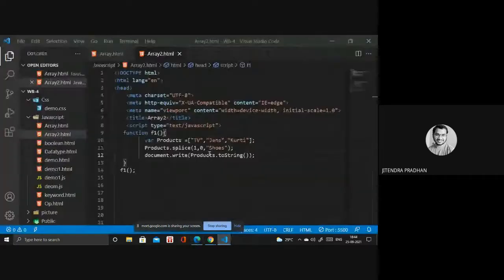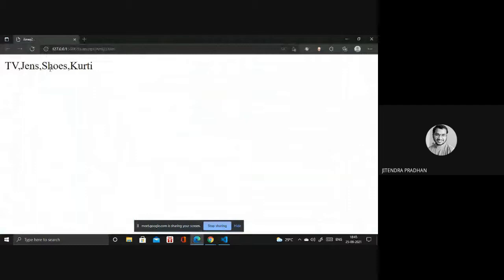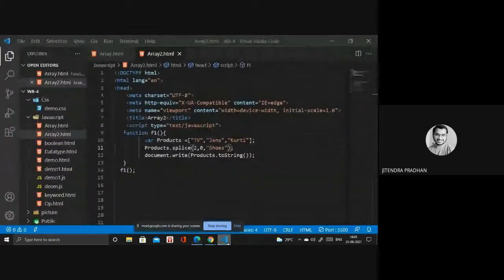So first thing, I will delete at the first index number, and at that index number I will add something. If I write two, gents will be the same, but in the third one it will be related and it will go to something else. Okay, so by using splice you can do that. I hope you got this point. If you have any doubt you can ask me.